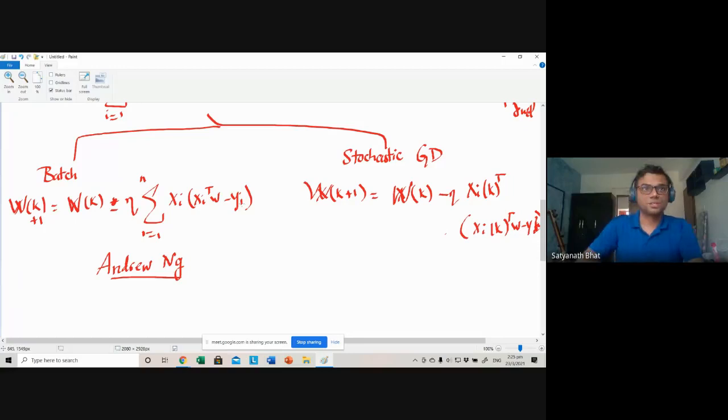Yes, sir. Okay. So Andrew Ng says when people are making these updates, wk essentially is a vector. When you are updating each of these positions, you have to do it as a bunch. You should have a completely different variable for this. If you are doing this over a loop, you update each of these positions one by one, but you have to be careful to apply all the updates in one go. When you are updating here, you should not use that update for updating this position. You have to make independent updates.